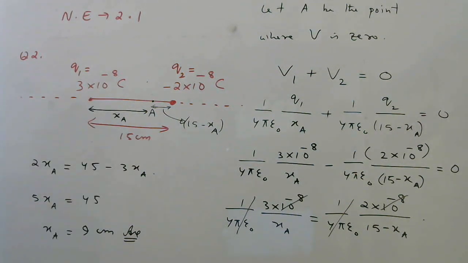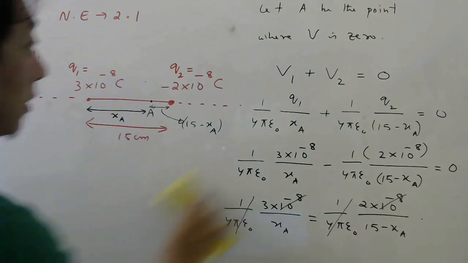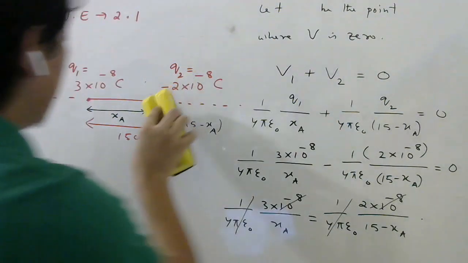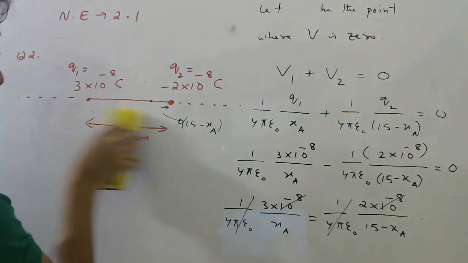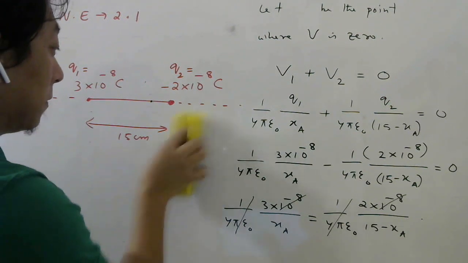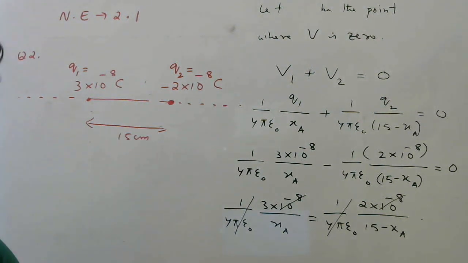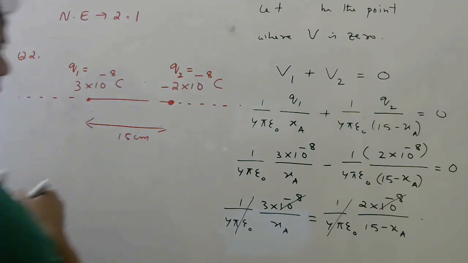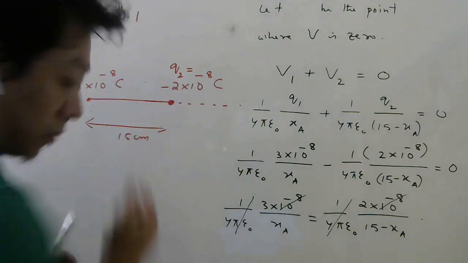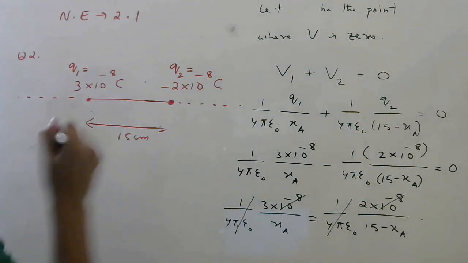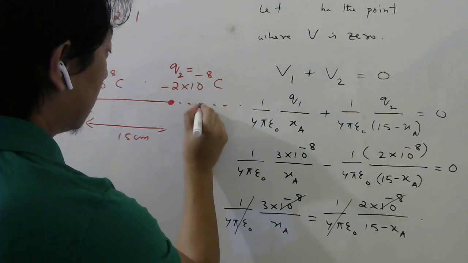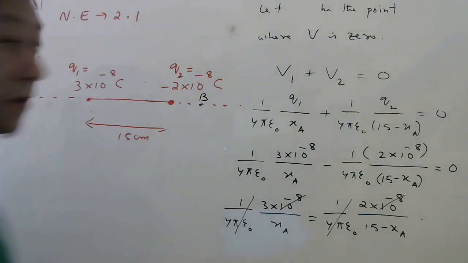So first you make a note of this. If you have done this, then let me now write the second point. Let me remove these distances now. Okay. So now I am saying the second point where potential can be 0 will be near the weaker charge, but it can be this side also. So let us say this point is B.